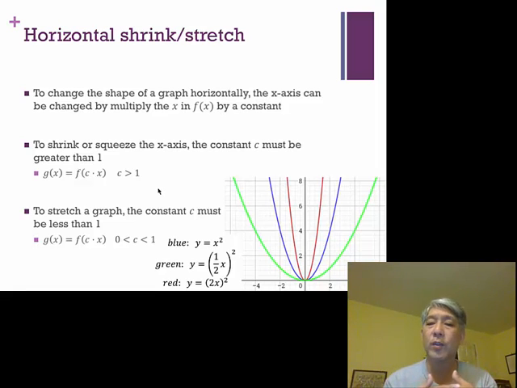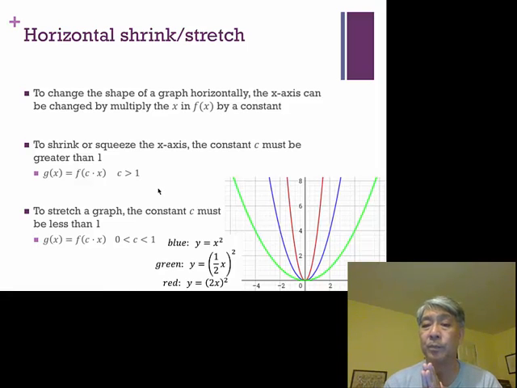To shrink or squeeze the x-axis, the constant c must be greater than 1. In the case of the red line, with my original graph being the blue, I squeezed it in. I took the x-axis and squeezed it by a constant everywhere. 2 becomes 4, so if x was 2, now x is 4. What I've basically done is taken all the values and squeezed them in by that